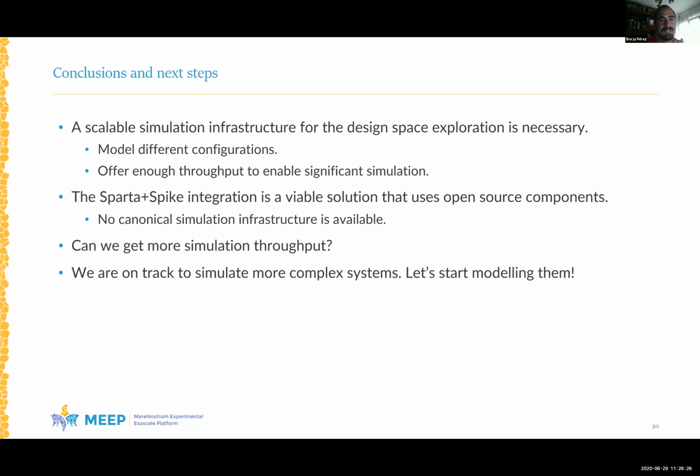So our next steps, first, can we go faster? We think so. We are running at 5.7 MIPS. When you just run Spike modeling DL1s, you run at 20. So there's some room for improvement there, not huge, but we are thinking about taking a look at the event engine in Sparta to make it more tuned to the needs of MIPO and of the kind of simulation that we are doing. And then we are on track to simulate more complex systems. So let's start doing that. And that's when the exciting part starts. So that's all on my side. I hope you've enjoyed this, and thank you.